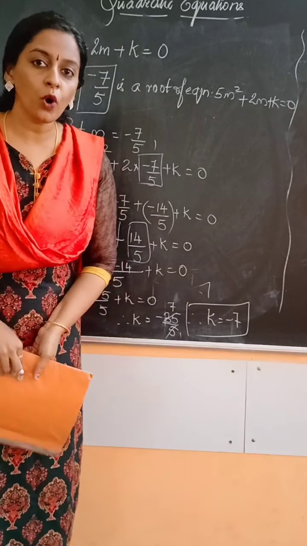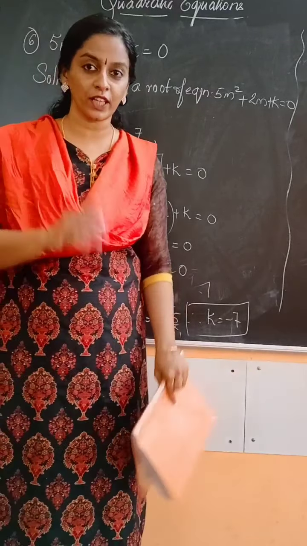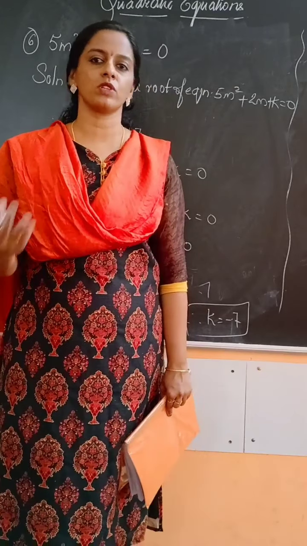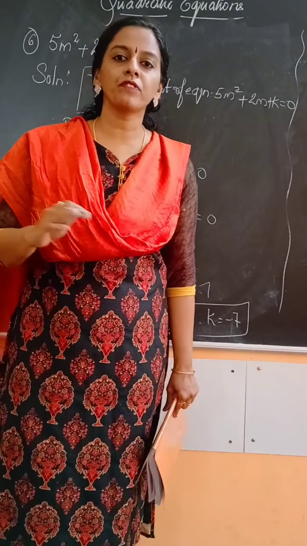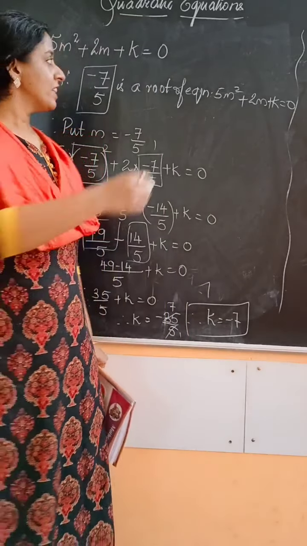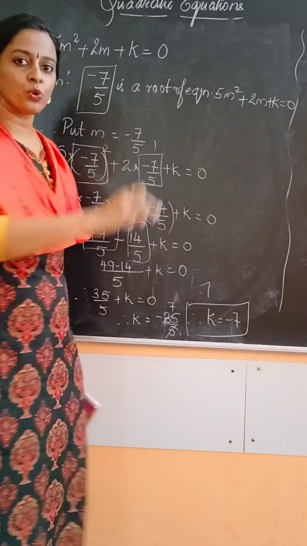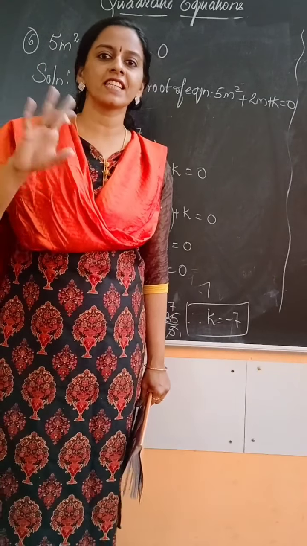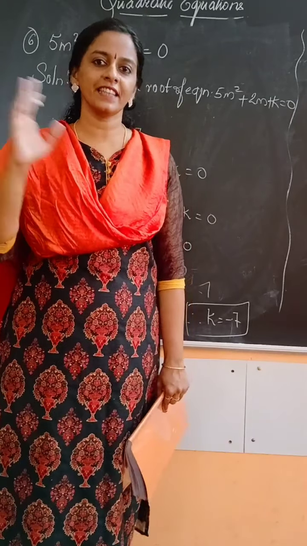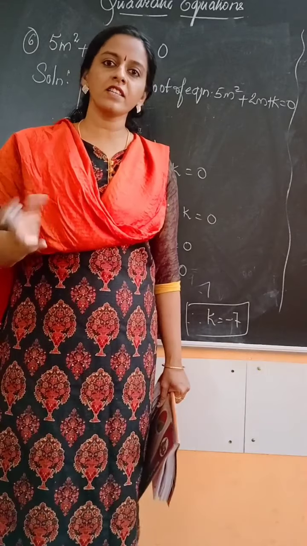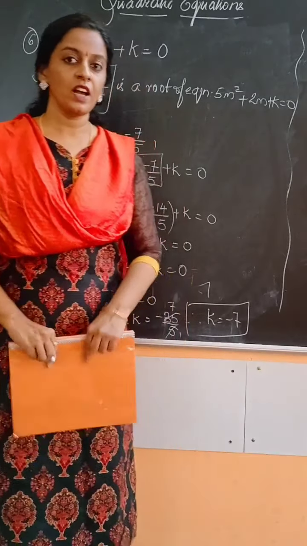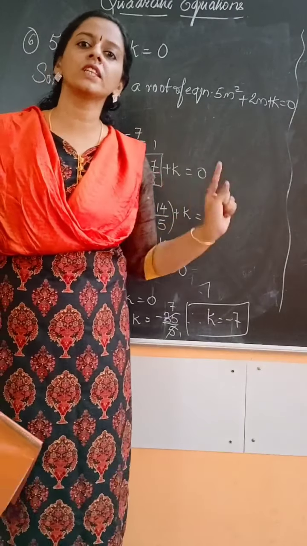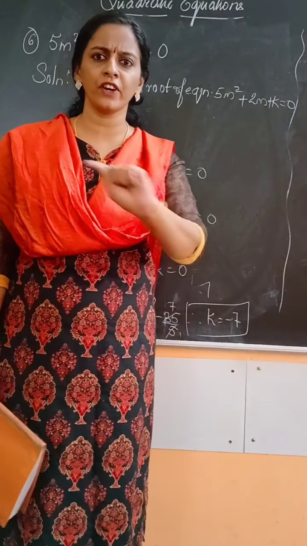Okay, so I hope you understood what a quadratic equation is. ax square plus bx plus c is equal to 0 is the general form. And how to find out whether the given value is a root or not. If you put the value of the variable, if you are getting the same as the right hand side, they are roots. Otherwise, they are not the roots. And I told you sum number 5 and sum number 6. Both these sums will surely come for your exam.